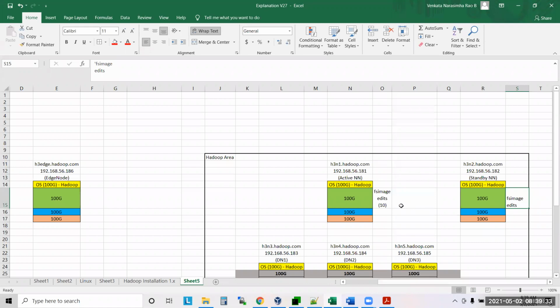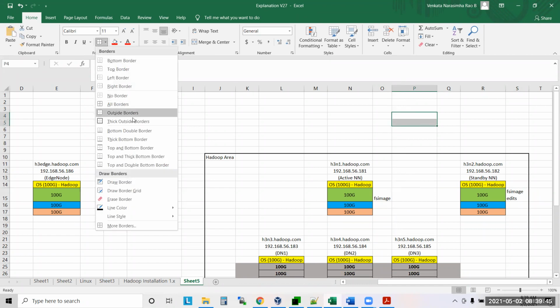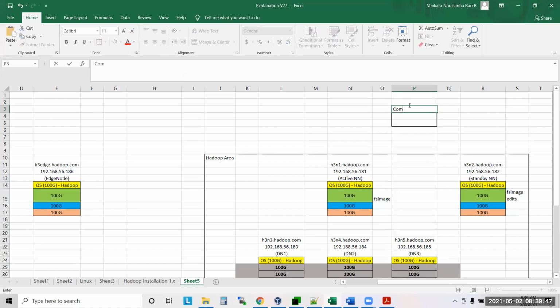So we should not write edits only here; the edits should be written in a common place. Here NN1 edits, NN2 edits.